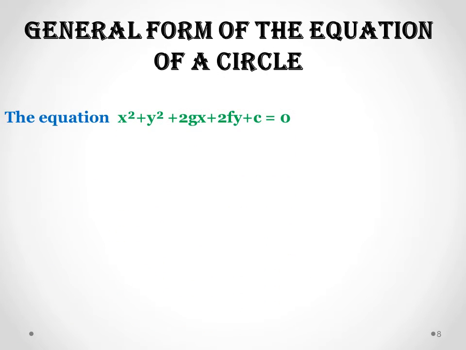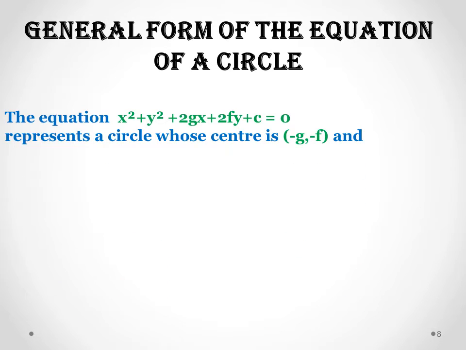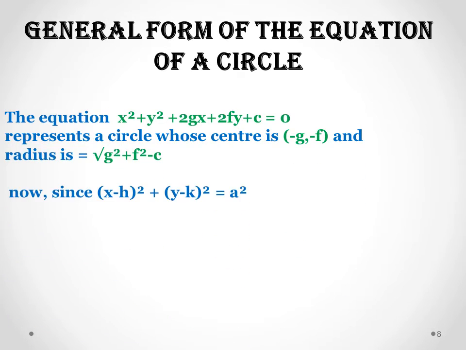Next, we are going to study the general form of the equation. We'll do some problems also at the end of the slides, and before that we'll just be doing a revision of the concepts, so that you can solve the questions easily, right? The general form of the equation of a circle is x square plus y square plus 2gx plus 2fy plus c is equal to 0.